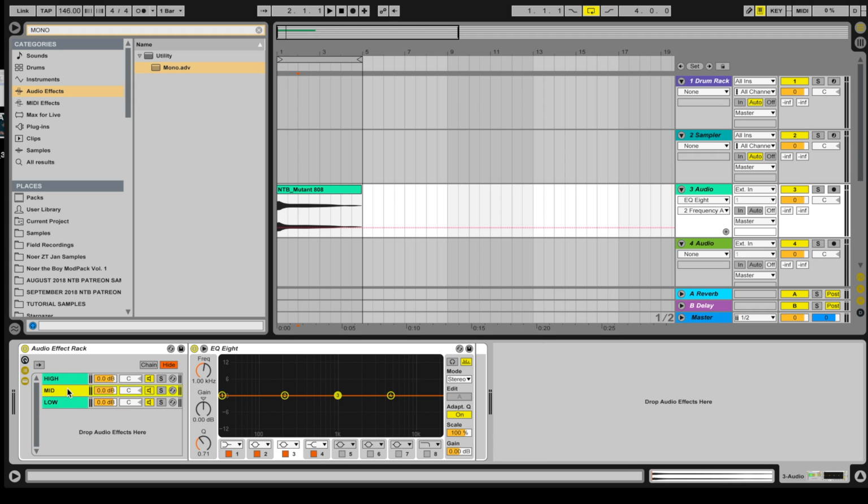So moving on to the mids. We're going to set a high pass at whatever our cutoff point was for the low end. So in this case, 125 hertz. So just like so. And then we're going to select a low pass at 5,000 hertz, which will be fine for the mids. Now moving on to the highs. We're going to set the high pass at 5,000 hertz, whatever our cutoff was for the mids. And then we're going to go ahead and